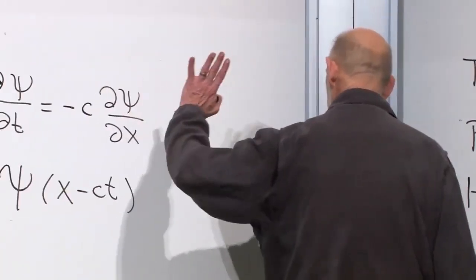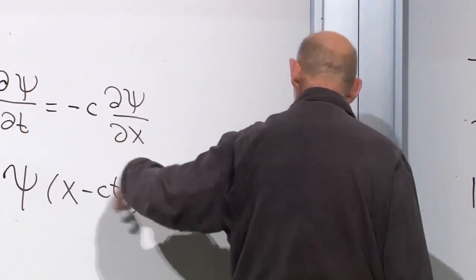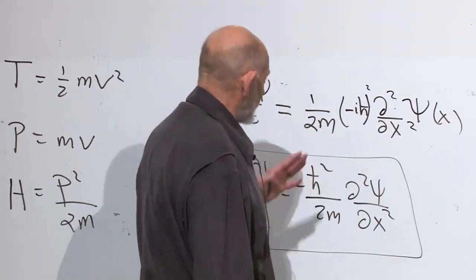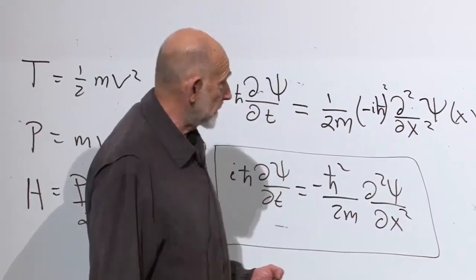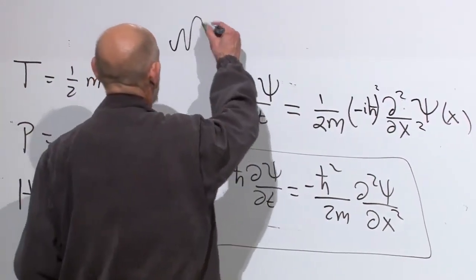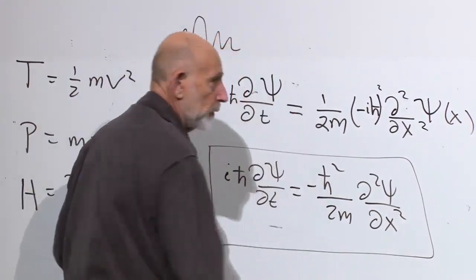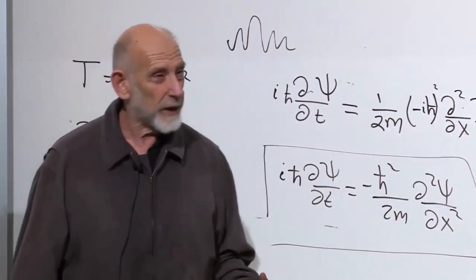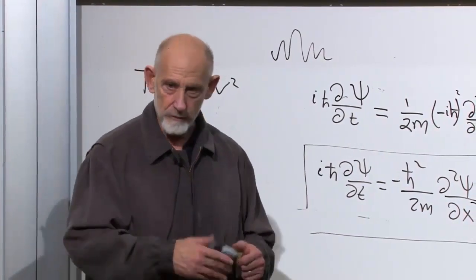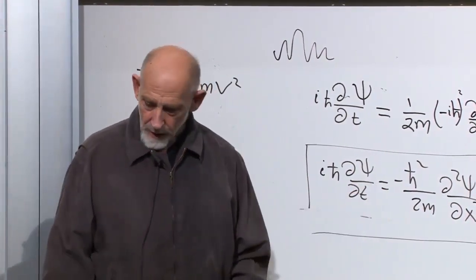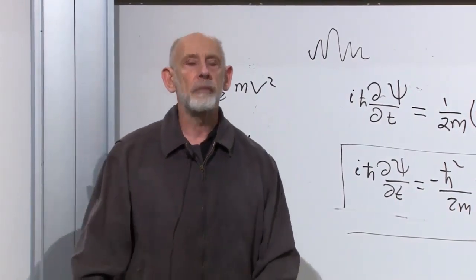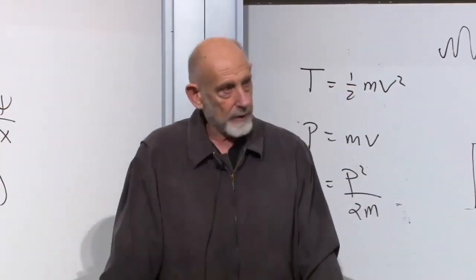In this case, no matter what the wavelength, no matter what the momentum is, they all move with the same velocity. Not so here. Different momenta move with different velocities. And so a wave with a given shape, different parts of it will move with different velocity. Different wavelengths in it will move with different velocities, and it will sort of fall apart. We'll study it a little in more detail, and we'll study its behavior.